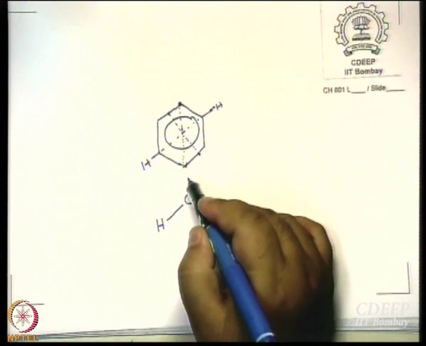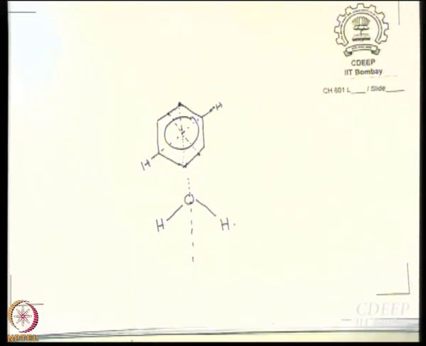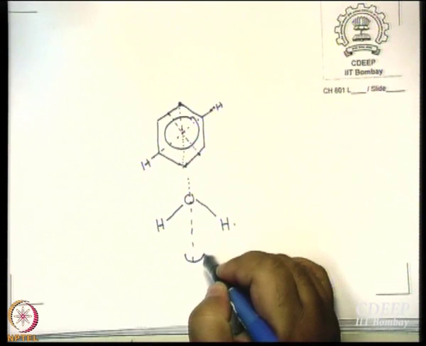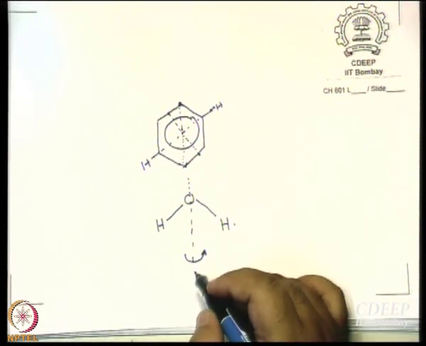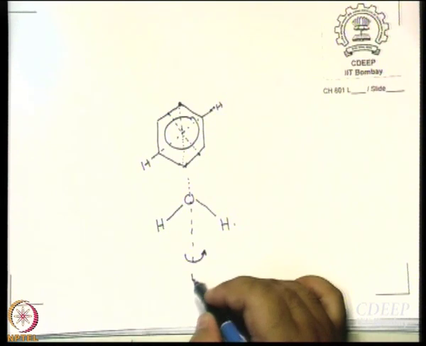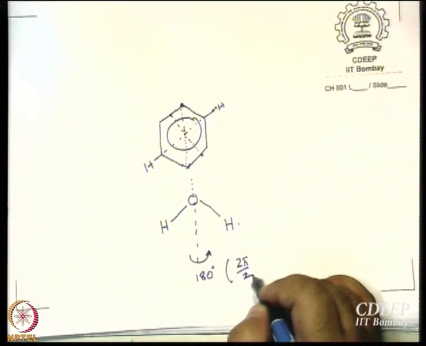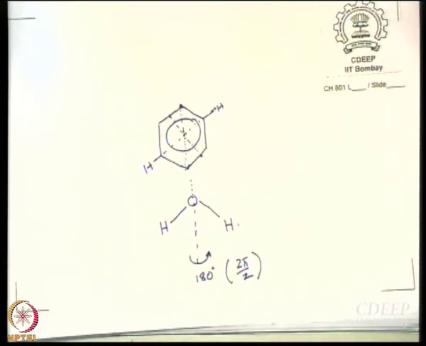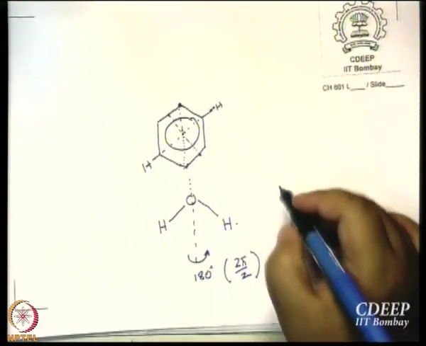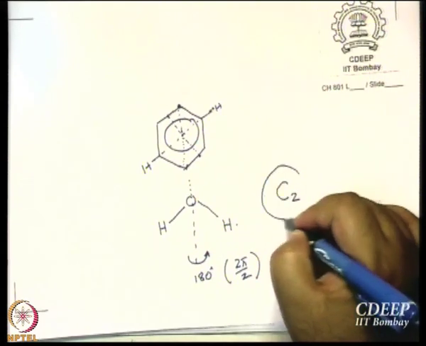Right? Now, if you think of this line, rotate it by how much? Which angle? What angle? 180 degrees, or 2 pi by 2. Then water looks same once again. What happens if I rotate by 90 degrees? Water that was in plane goes out of plane. So that is not indistinguishable. Right? Alright. So this is a simple axis of symmetry and we call it a C2 axis of symmetry.